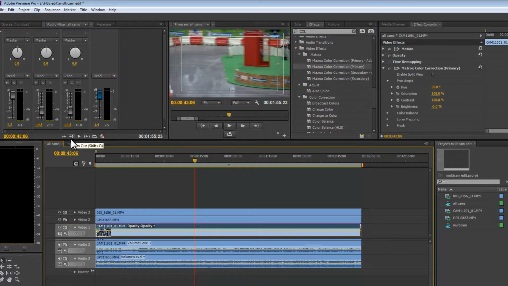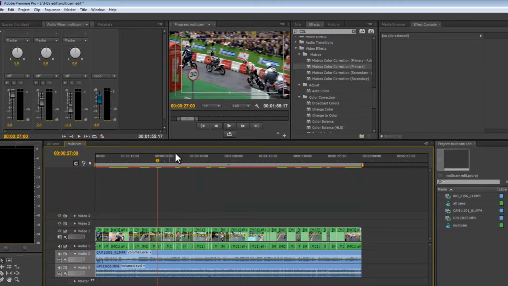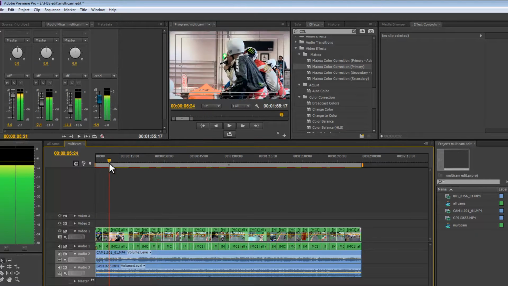Turn those cameras back on, go back to multicam, and that does affect, so you'll notice the red line has appeared here. So those bits need rendering, because those are the bits where the cameras, as we scrub through there,